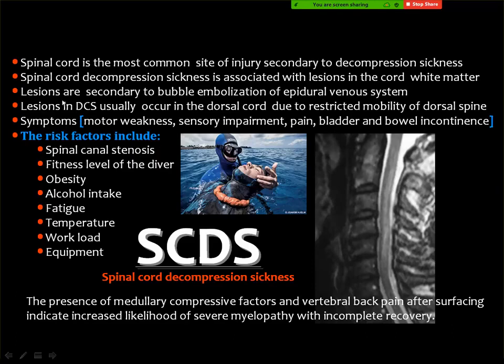Then they assume that the lesions are secondary to bubble embolization of the epidural venous system, and this will result in impedance of the vascular supply of the cord. It will result in motor weakness, sensory impairment, pain, bladder and bowel incontinence, and this is known as spinal cord